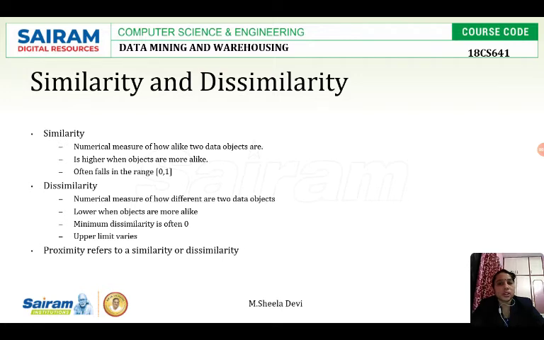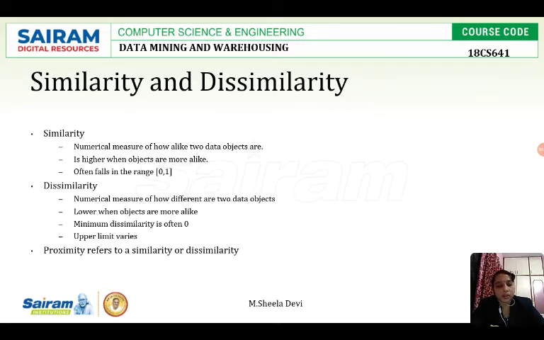Before getting into this, I want to say what a data object is. Data is nothing but the objects with their attributes. The combination of the objects and their attributes is nothing but data. So if you take a data warehouse, you will find rows of data with their own characteristics called dimensions or attributes. Every row is a data object, and every data object has its own characteristics, which are described by the attributes or dimensions.